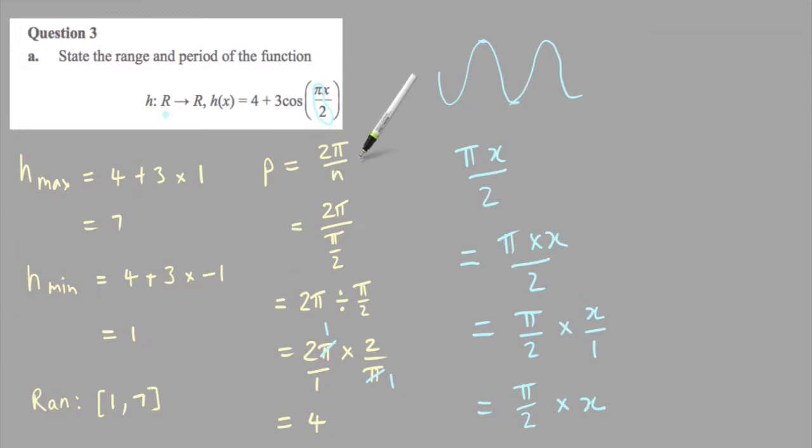The period is equal to 2 pi divided by n, and n is what x is being multiplied by. Now, just to be clear on that, pi x on 2 is the same as pi times x on 2, and that's really pi on 2 times x on 1, and that is also equal to pi on 2 times x. So from those steps you can see clearly that x is being multiplied by pi on 2, and I